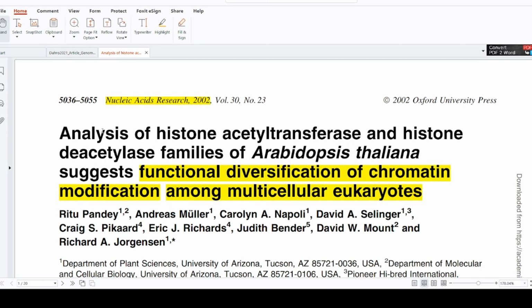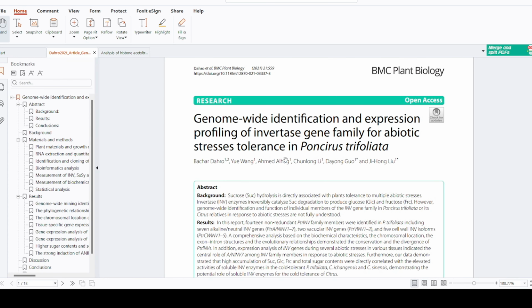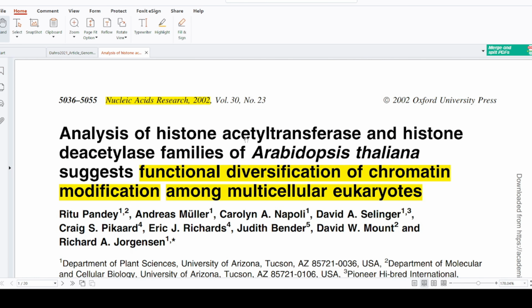So now I will show you how we can use the protein conserved domain from different organisms, like multicellular eukaryotes, to identify the gene families of histone acetyltransferase and histone deacetylase from Arabidopsis. I will also show you how we can use a conserved domain from Arabidopsis for genome-wide identification of a gene family from citrus. So at the beginning I will show you